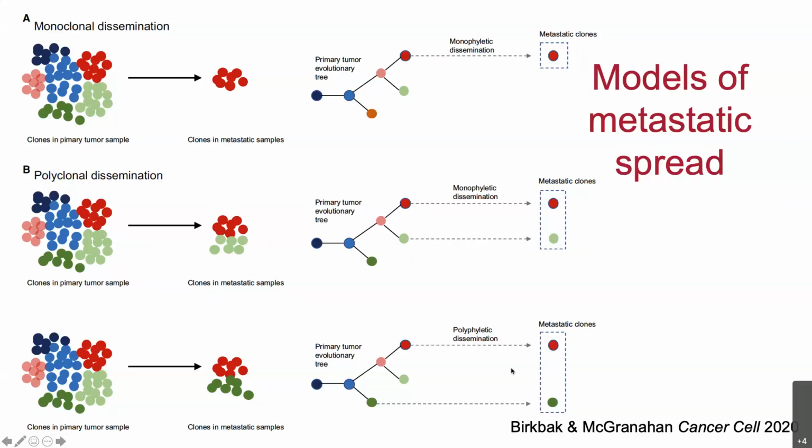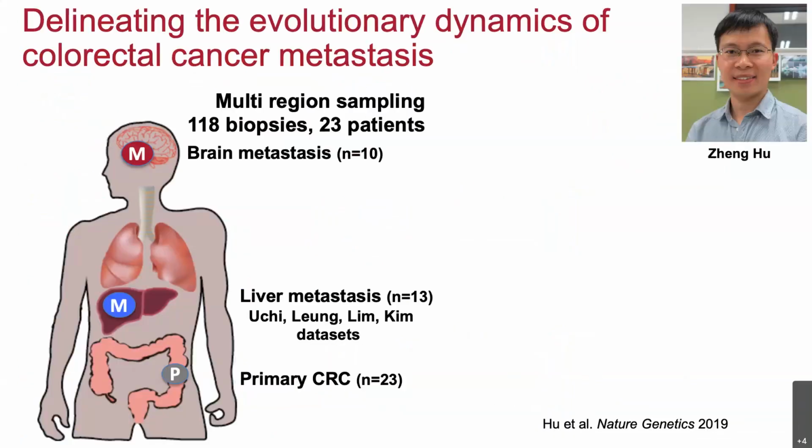And so this is complicated, and there's a lot of questions about whether we actually have the data we need to resolve this. My group's been interested in this question for some time, and to really address this question, we compiled a cohort that consists of a number of patients that had primary colorectal cancer with distant metastasis to either the liver or the brain. And for each patient, we were very careful to obtain multiple regions from each sector of the tumor,